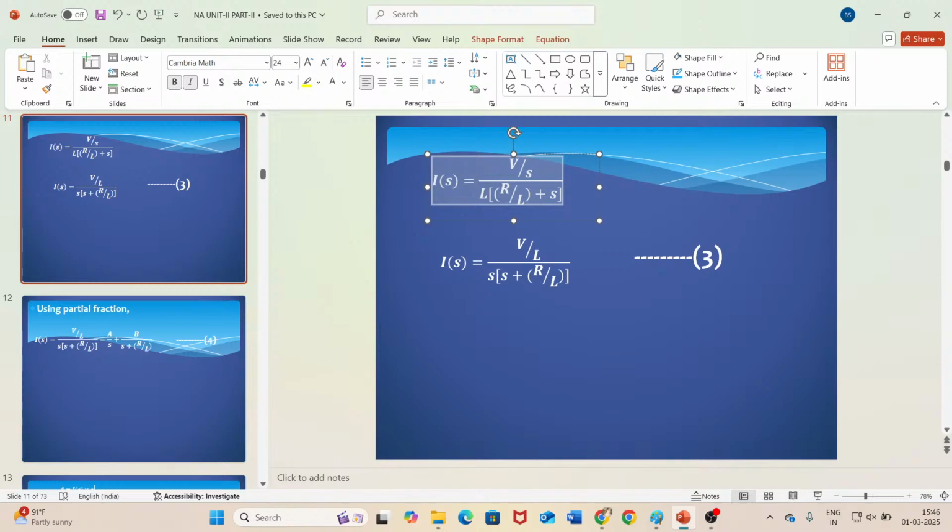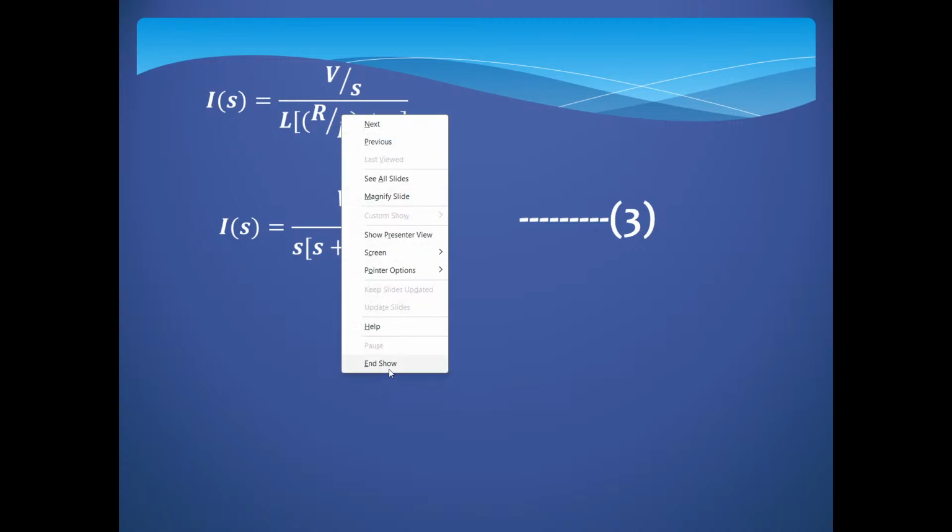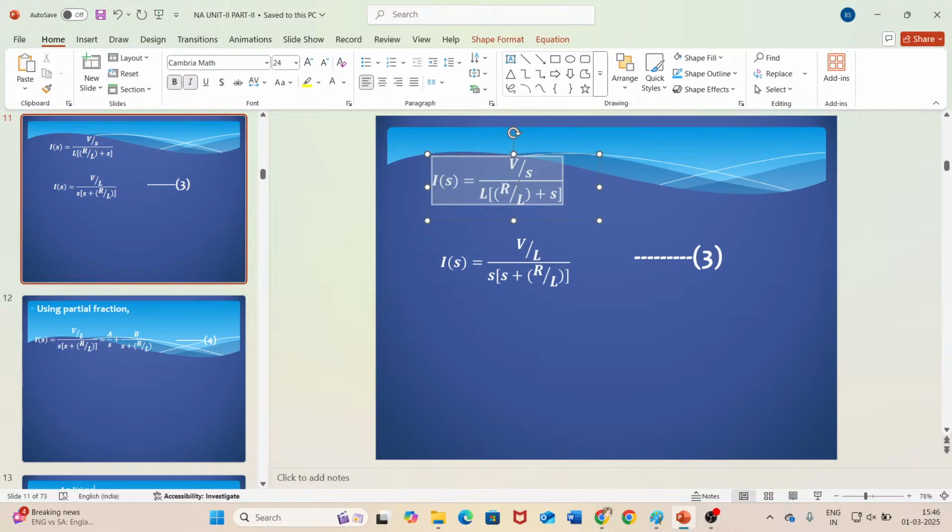actually S and L both are coefficients to each other. I hope you are mathematics students, you need to modify. I am not going to modify. Here V by S, S is in the denominator, L is also in the denominator. So I am sending L, which is constant, of course V is also constant, to the numerator. I'm not actually sending it to the numerator. It seems as if it is in the numerator, but S and L are both coefficients to each other. So you can rewrite this as,